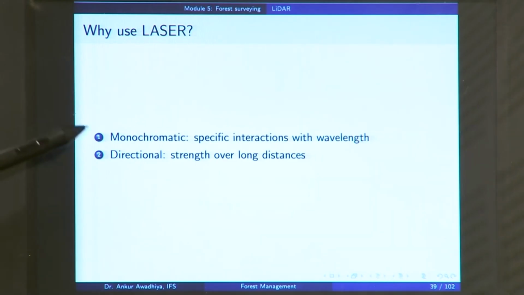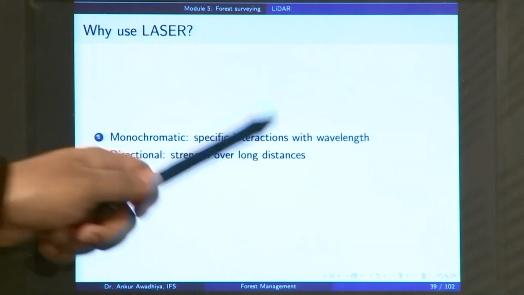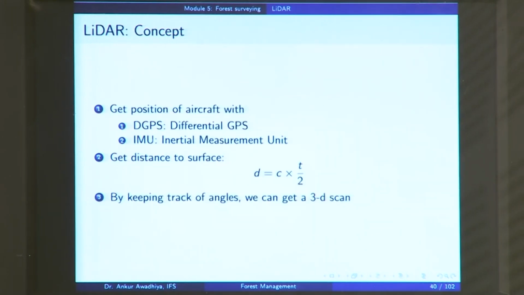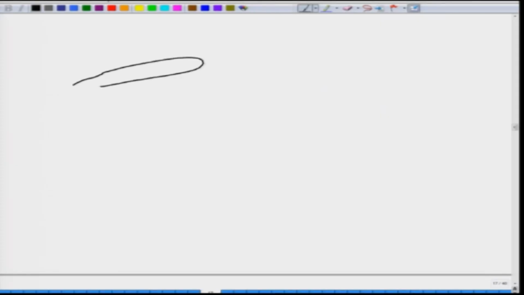Then laser is also directional, and so it maintains its strength over long distances, unlike our normal sources of light, in which case the strength will go down with the distance. Next, how does the LiDAR work? What is the concept of a LiDAR? In the case of LiDAR, you have an aircraft which is going above your